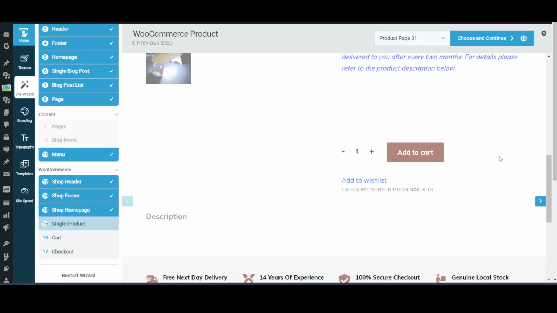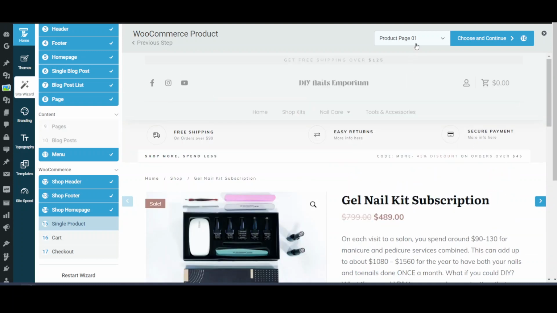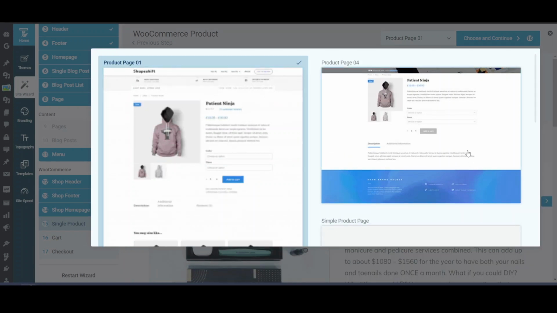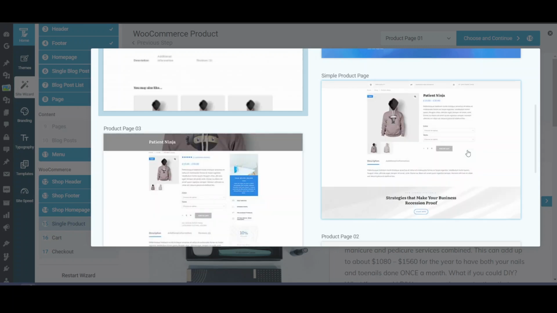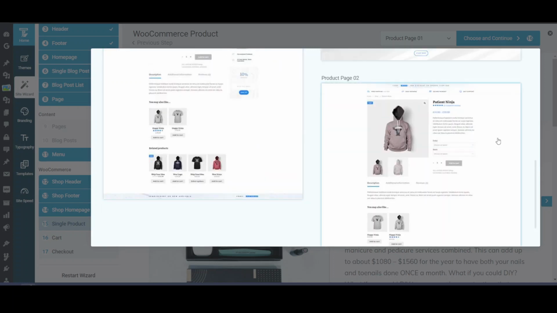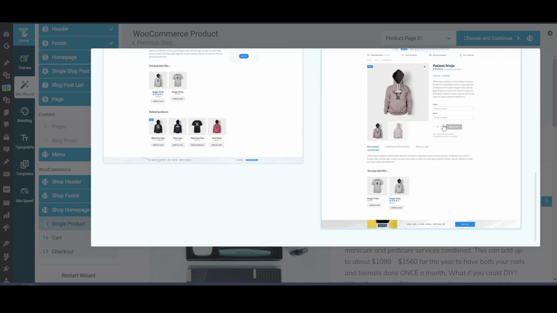Okay, this is looking good, but we can again see what other options we are having. So let's see. This is one of the options where they are showing the icons on the top, but I don't prefer icons on the top. I want it to be a clean look. So let's see what other options we have. This is with a sidebar. We don't want a sidebar again. This is very clean again.